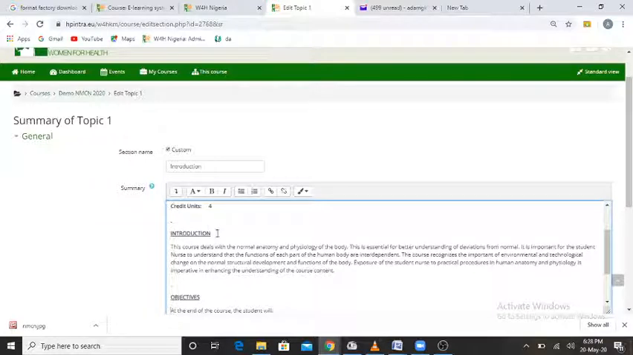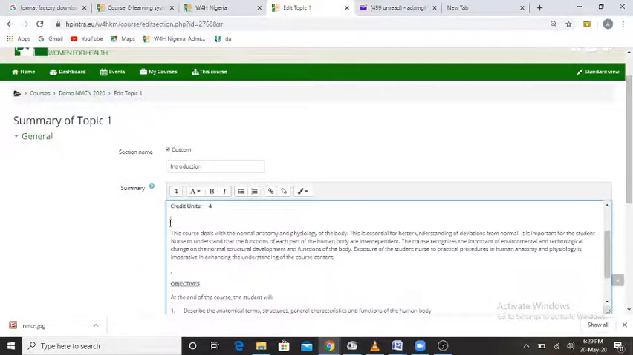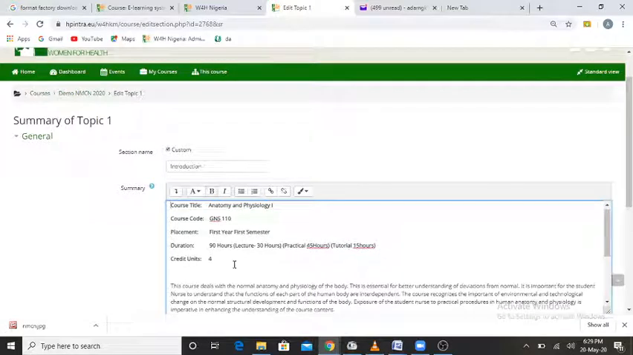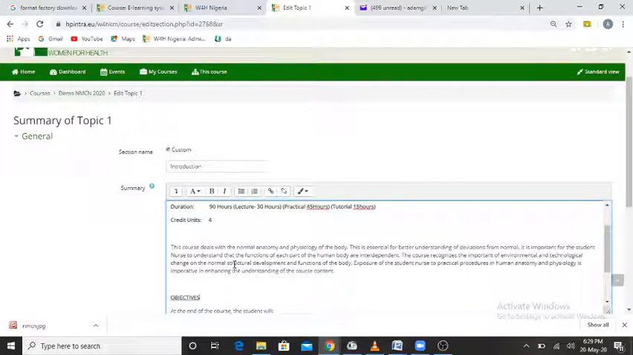I want to avoid duplication since I have my introduction up here, therefore I don't need to have a duplication. Let me take away this introduction. Then the objectives. When you are developing e-material, try as much as possible not to use the cap lock. So let me take away the objective